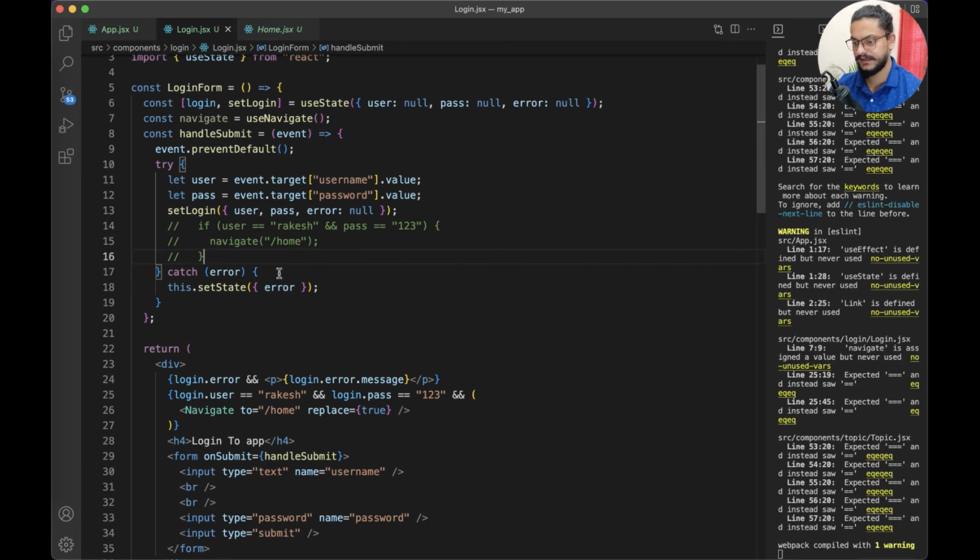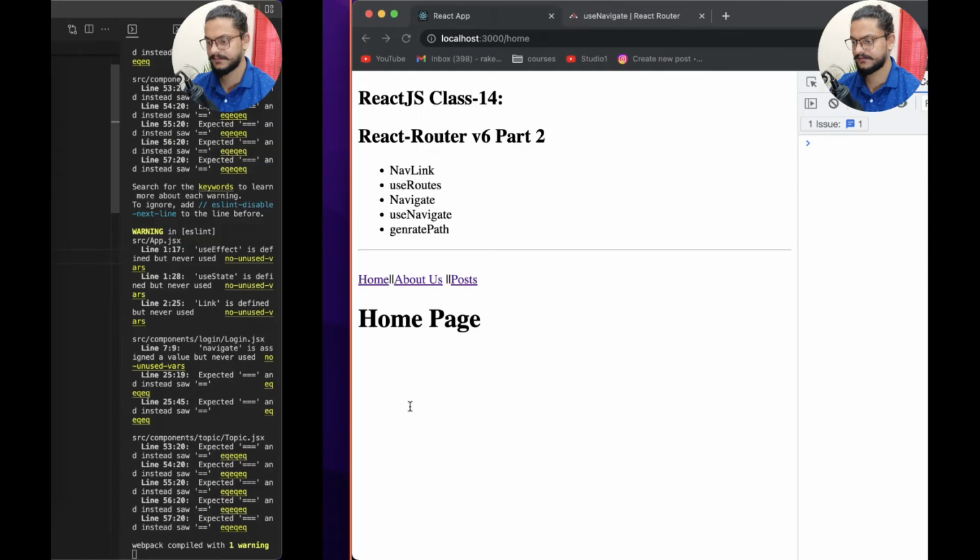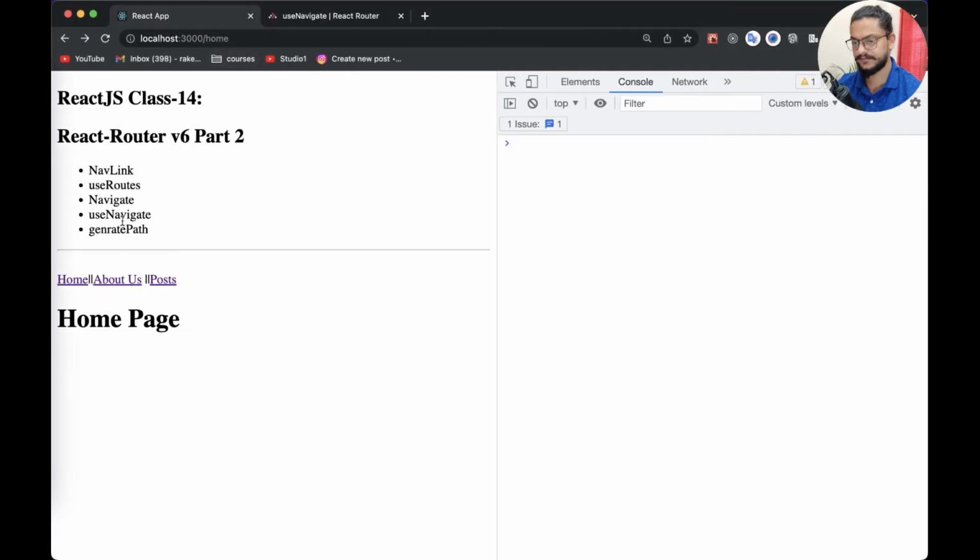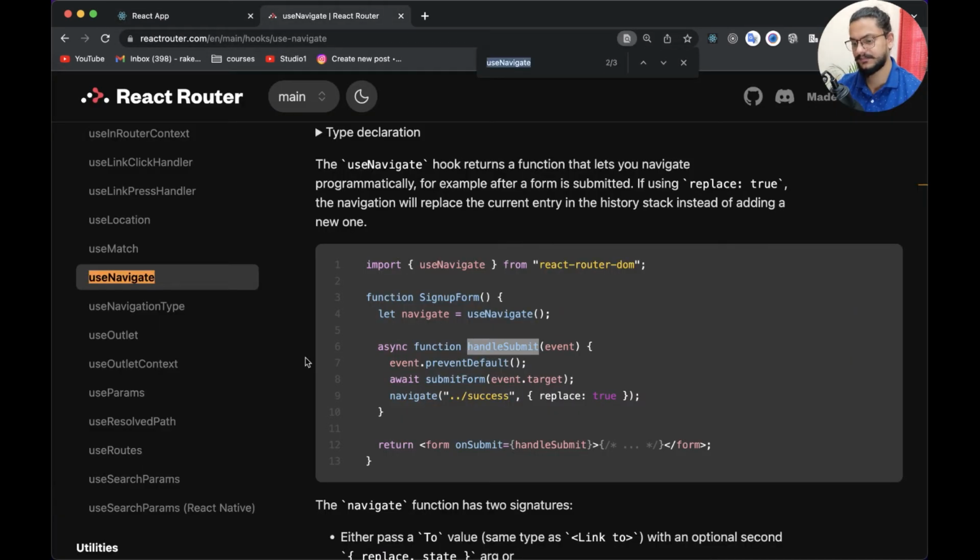Great. So we have the login feature available right now, and then what next? We have use navigate, and navigate is clear. So next is generate path. Okay, so this is sometime it is very important. So if I like